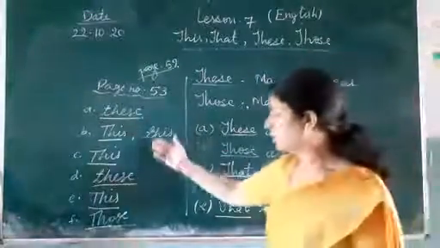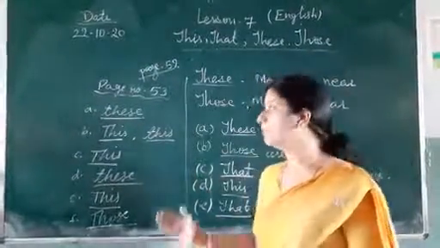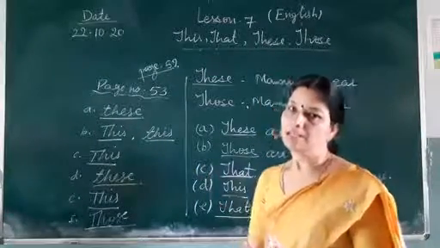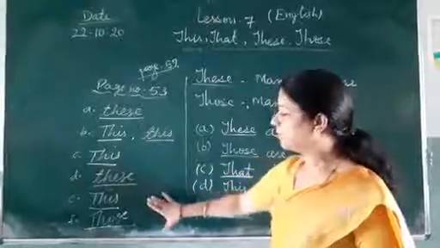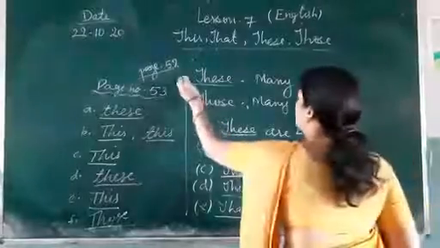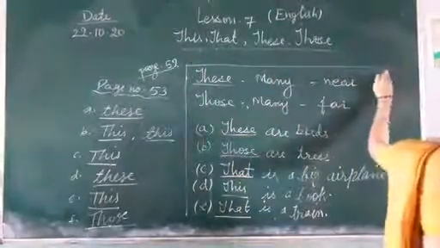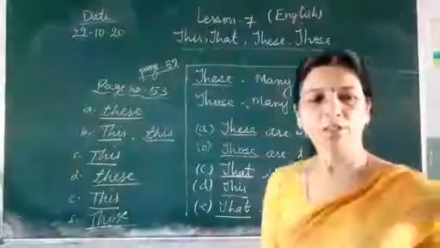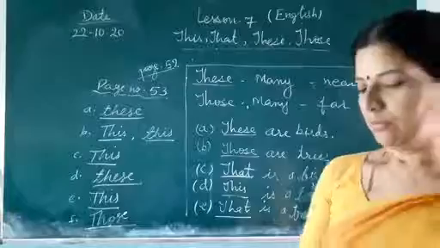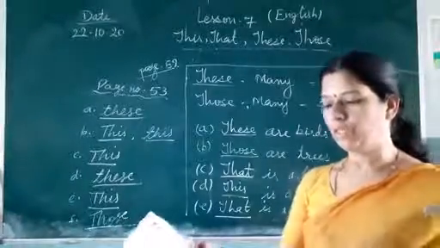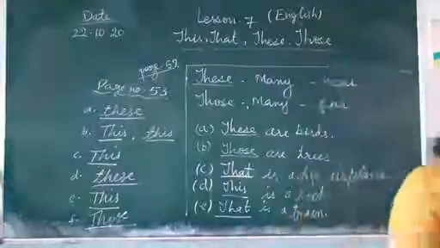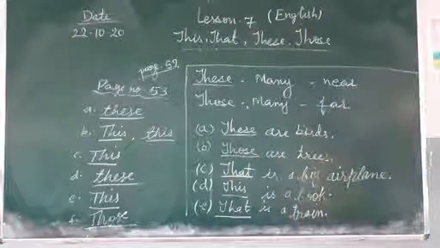So हमने पिक्चर्स को देखा. उन पिक्चर्स को देख करके हमने आइडेंटिफाई किया कि where we have to write these, that, these, those. This question you will do in your book only, and this question you will do in your notebook. Okay? Then this chapter is complete. Last page 54. See the page number 54. Very simple. आप अपने आप कर सकते हैं. You can do it by yourself.